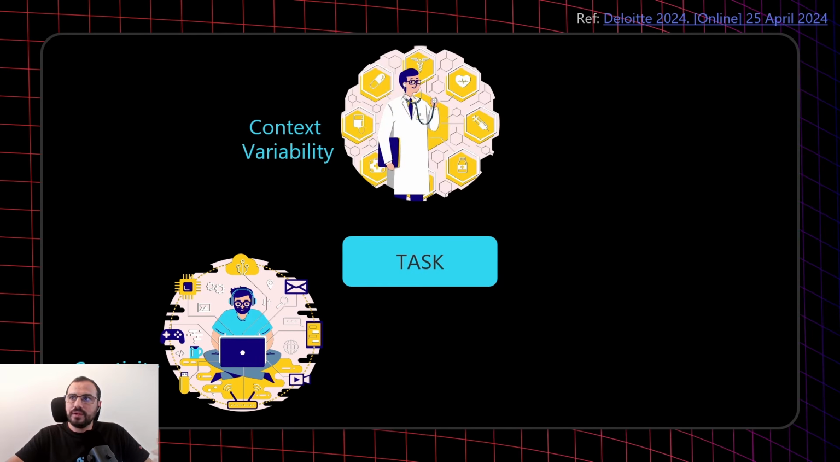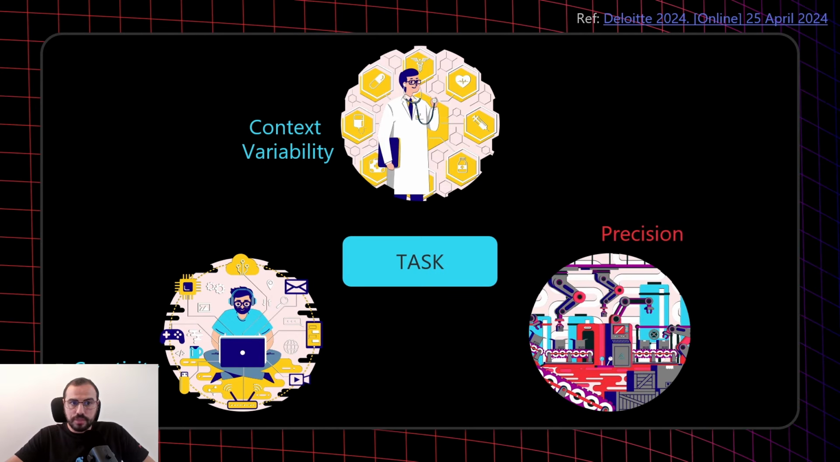Then we have the context variability. And this context variability is the capability for us or the agent to adapt to the task, to the environment, and accept changes or variations that might be required to complete that task. And finally, precision. So the effectiveness or the accuracy that you can complete a certain task using the least amount